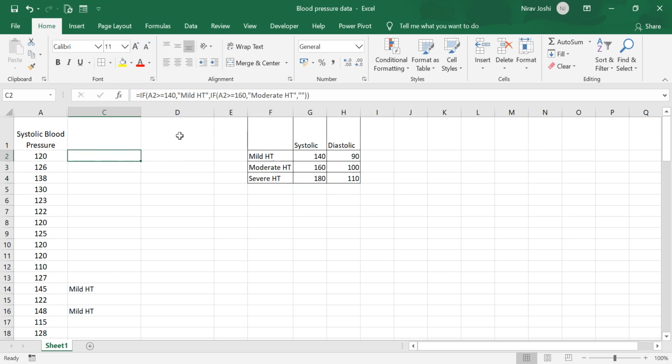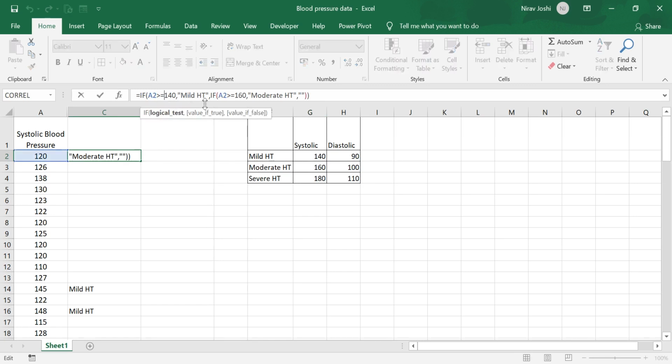So here we would try to go through this one, that first we will take into consideration this level, then this level, and then this level. So what we need to write here is, if A2 is more than or equal to 180, that is the highest level of classification, then it should be severe hypertension.